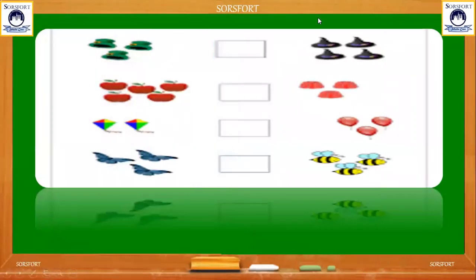In this picture, you have to identify the lesser number of items. Correct? Now, in the first group, here 1, 2, 3, and 1, 2, 3, 4. So, which one is less? Yes, this side. So, I will circle that.